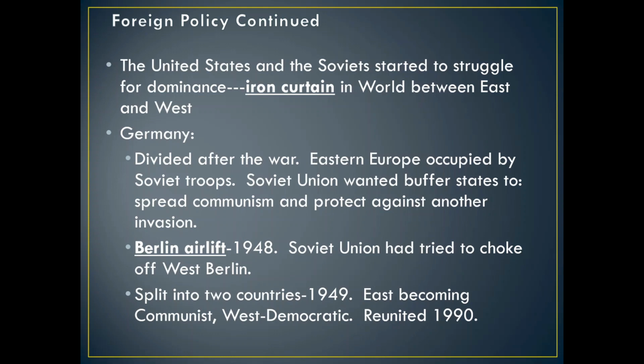Eastern Germany will be divided and occupied by the Soviet Union. It will become Eastern Germany. Western Germany was originally occupied by America, France, and Britain, but it will become one country, Western Germany. So Germany is going to be divided between a communist side and a non-communist side. That being said, if you look right here,